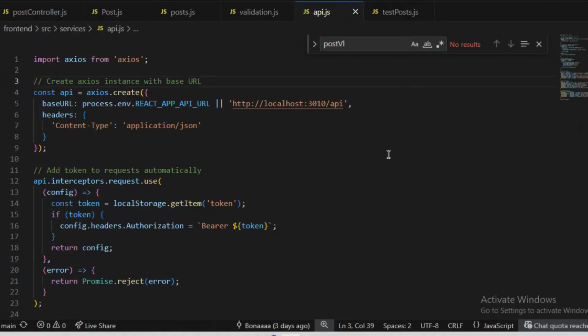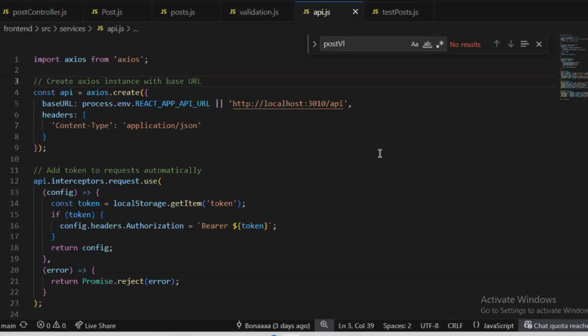And then we go to the API.js. This API.js is located at the front end, which is created to demonstrate a clean separation between UI logic and data access.